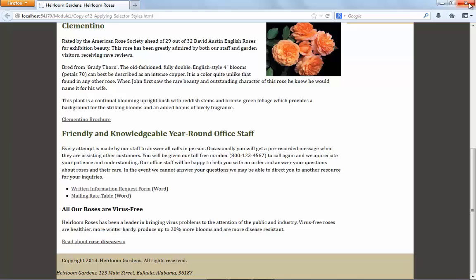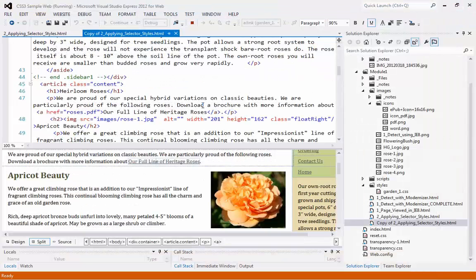So I'm going to close this browser and take a look at the code. Our links all end with the .pdf that we were discussing earlier in one of the